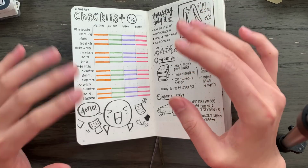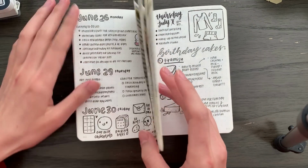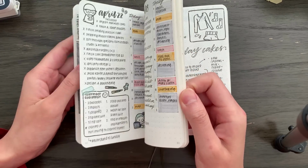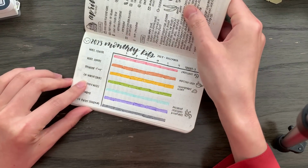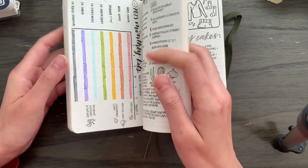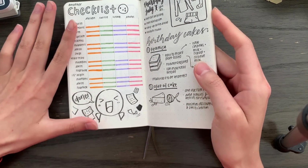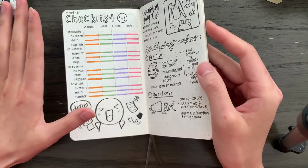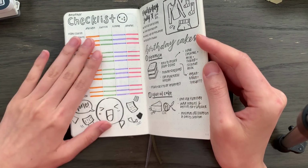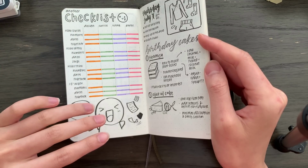Whenever I have long design projects, I like to create progress trackers. If you've watched my previous ones, you would have seen these. I think I had another one in here somewhere. But anyways, I create these trackers just to see my progress and motivate myself. It's so satisfying to fill it out. And this was my checklist for designing the...